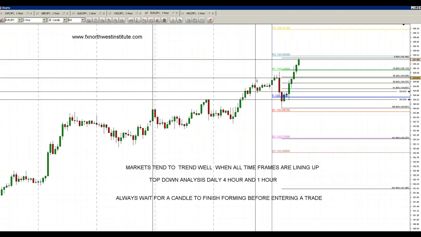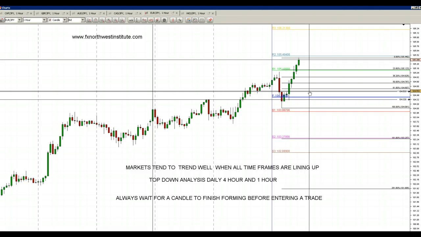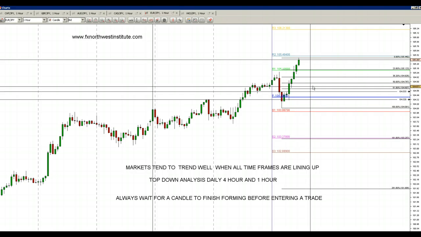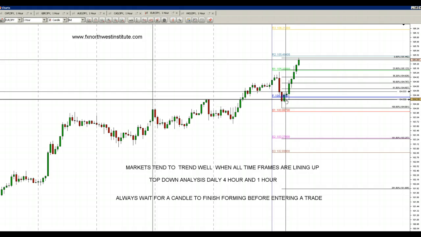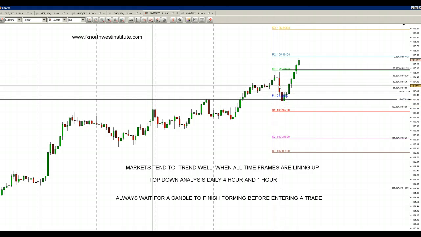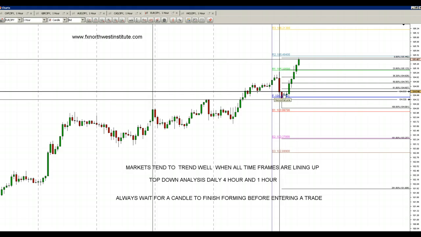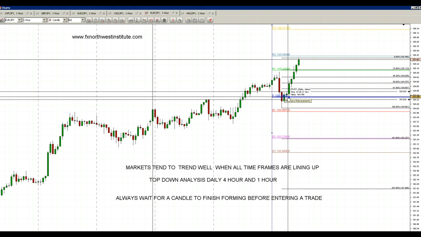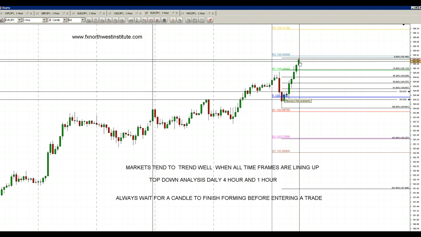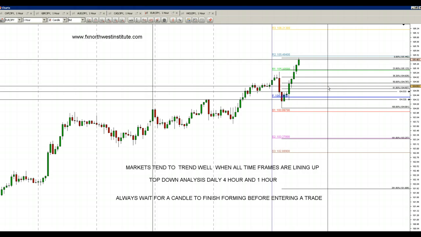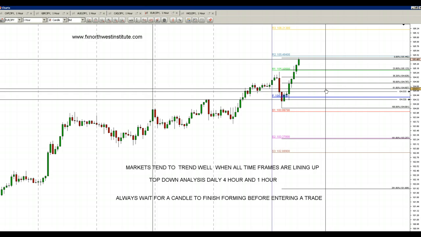Now we just don't enter a trade based on a fib level. We also need a candlestick pattern, as we saw here, where price finally finished its retracement, printed a different color candle, and then we took a trade going north. So we're going to wait for the price to come back down to a fib level, print either a hammer, an exhaustion candle, I prefer calling it, at a fib level,